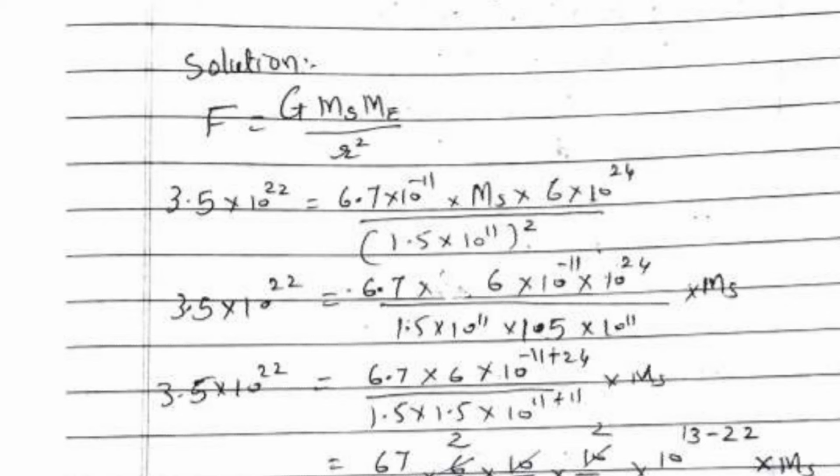In the second step, just the adjustment of the substitution part. Now here at both the places, let me use the laws of indices. So numerator it will be 10 raised to minus 11 plus 24. Denominator also 10 raised to 11 plus 11. Okay, so below what will happen, 11 plus 11 is 22. And above, minus 11 plus 24 becomes 13. So above it is 13, below it is 22. So can I write 13 minus 22 as the power of 10? So that is what I will be doing in the next step.